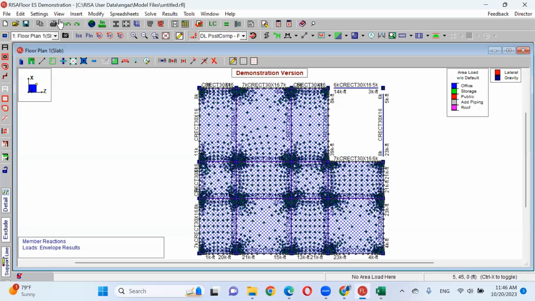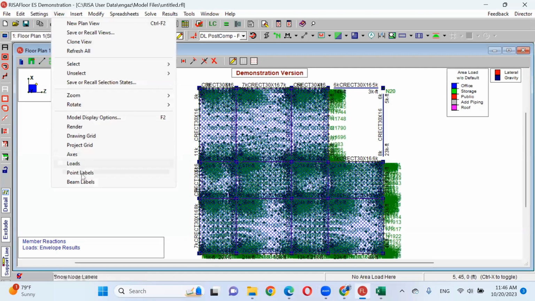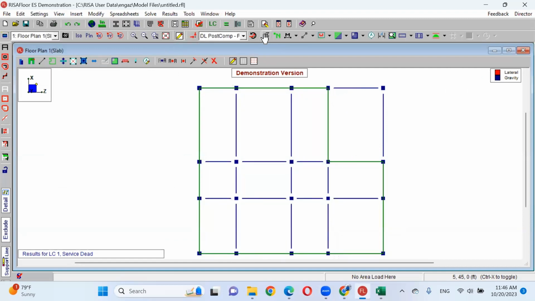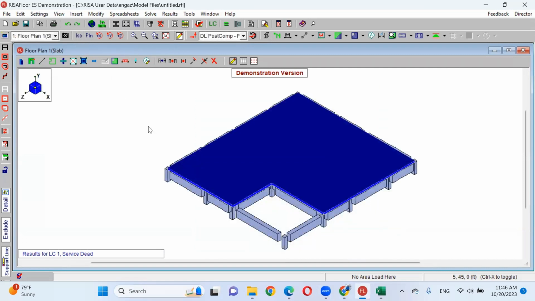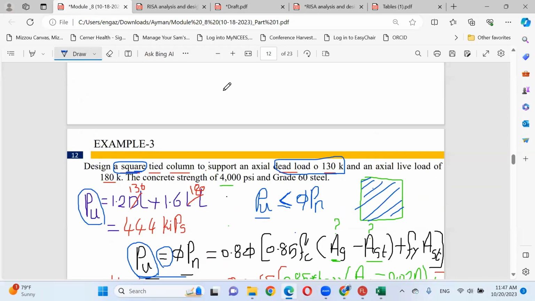Because if you go back to RISA and hide everything and make sure everything is clear, and if you show the render view and the isometric, what you did on RISA is only one floor or one story. However, this building is 10 floors or 10 stories. One more time.